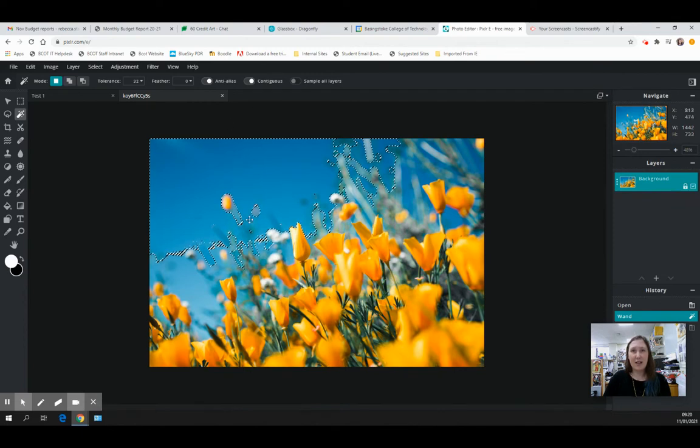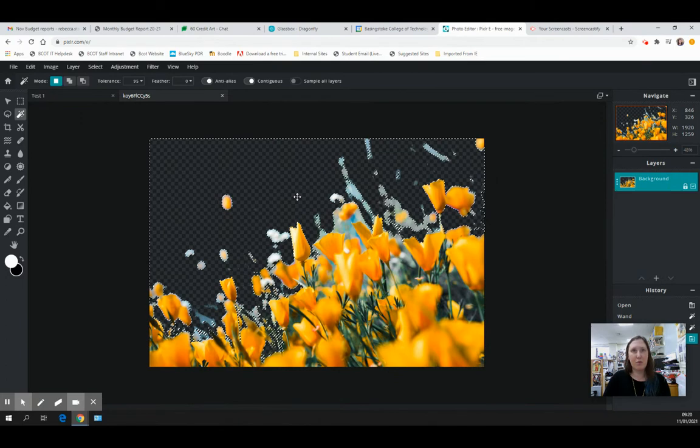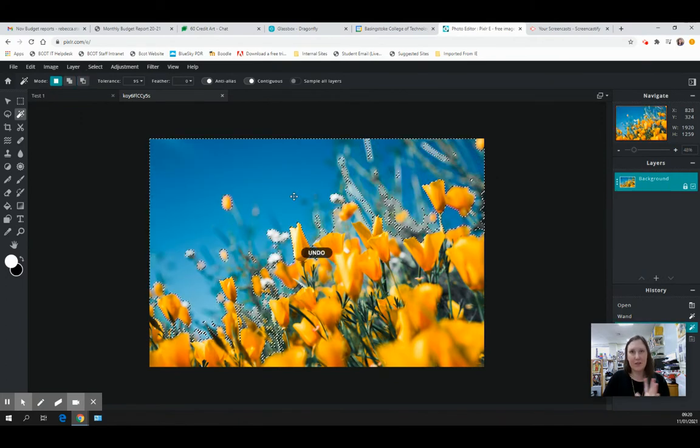So that will select all of the colour initially. Like I said, tolerance gives you some options. If you increase your tolerance and I go back and select that area again, you'll see that it's selected more of the blue. This is because it's not being as specific to that exact shade of blue that I clicked on. It's gone, okay, we'll take some of the lighter and the darker blue and take that away for you as well. So again, I can hit delete and it will remove most of that for me. Control Z, undo, brings it back. If I wind the tolerance back down to what it was initially, which was around 30,